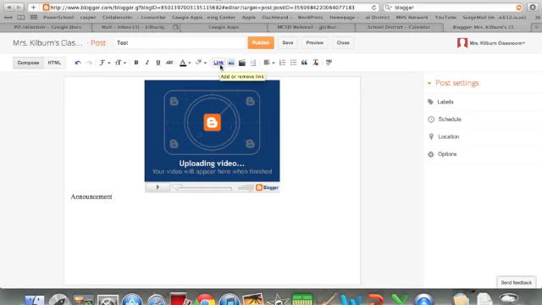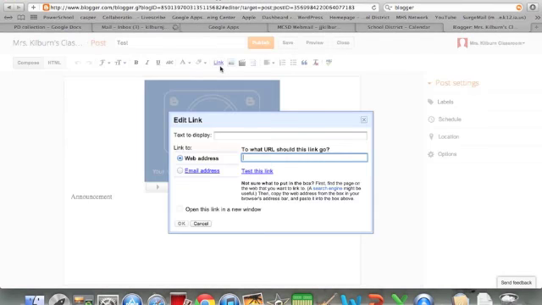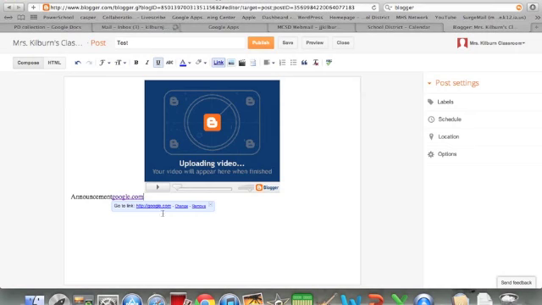You can also put a link in your blog post if you want to have a link to an outside website like google.com. It'll put that right in there. Okay, and so it would go right into your post. You can insert pictures as well,